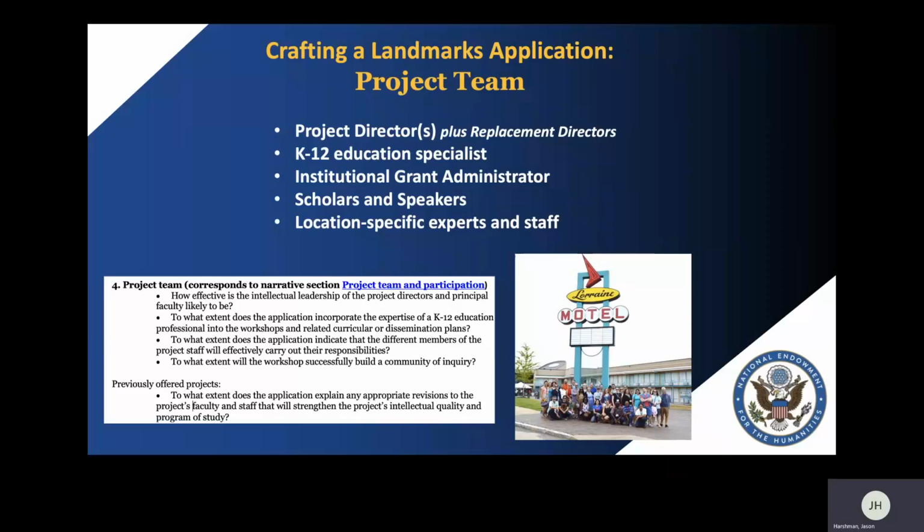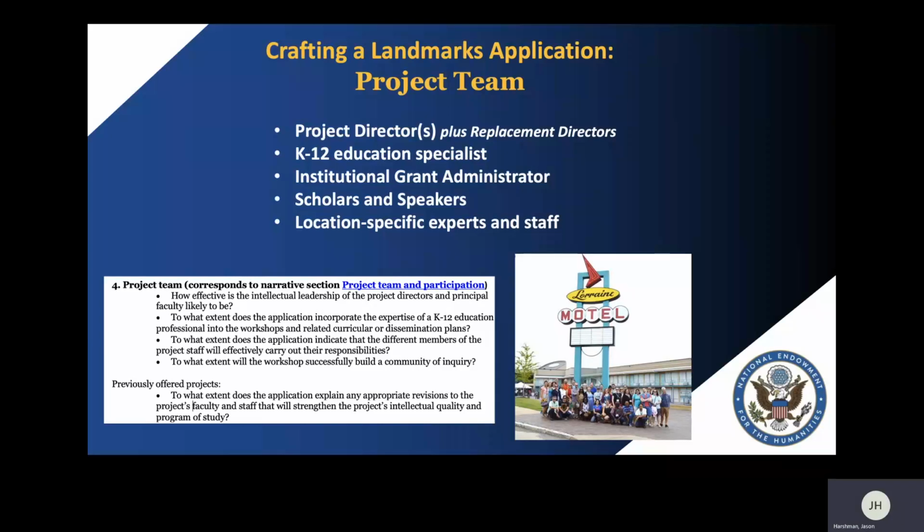Who will make up your project team? A Landmarks project director is typically the humanities specialist. However, there can be a co-director, and oftentimes this is done to help not just with a shared workload, but because of the expertise of those who will be involved in the project. For instance, perhaps you are a scholar of the American Revolution and you have a colleague at another institution, or you want to work with a museum studies or museum educator specialist who will be heavily involved in the experiential opportunities provided to attendees. In this case, you may find it helpful to share the director responsibilities.